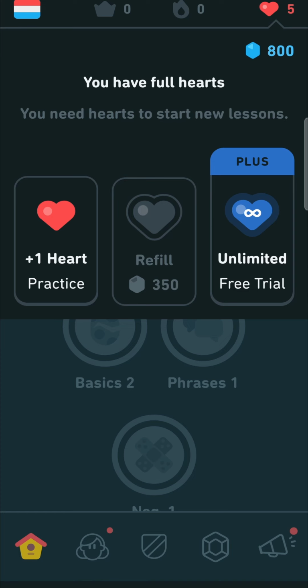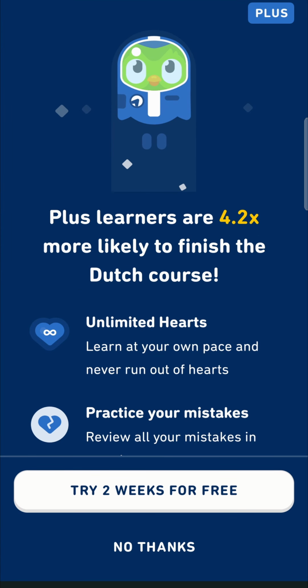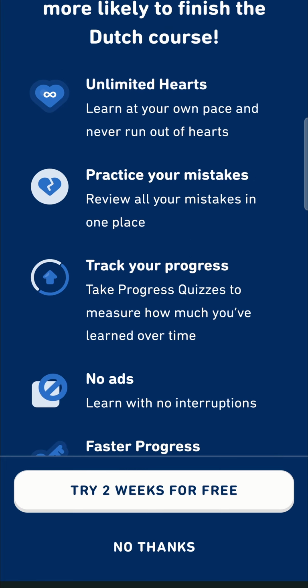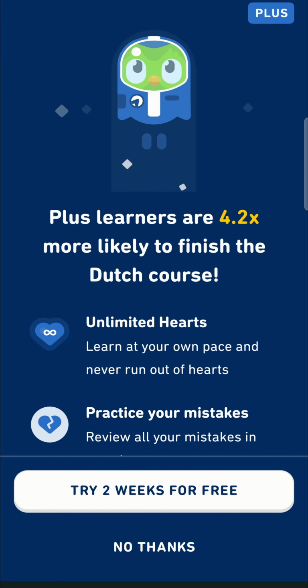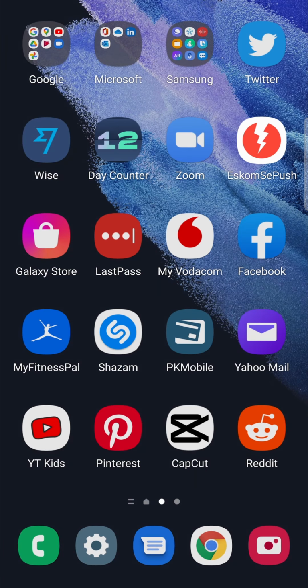Now it isn't actually unlimited. If, for example, I tap on that, you can see you can try Duolingo Plus for 2 weeks for free. So you can get a 14-day free trial. But if I scroll through here, you can see it doesn't tell you how much Duolingo Plus is going to cost. So to do that, I'm going to go out of the app and open up a web browser